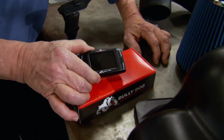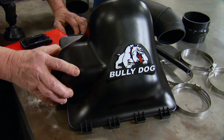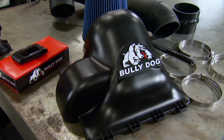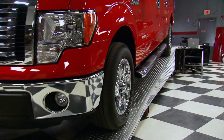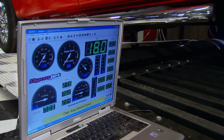They've developed a new gauge tuner for the EcoBoost engine and a new rapid flow cold air kit to complement it, and we're going to put them both to the test. When it looks impossible, that's probably where we get more excited because we have a bigger opportunity to give people more performance and horsepower. First up, we need to see what 365 horsepower and 420 foot-pounds at the crank translates